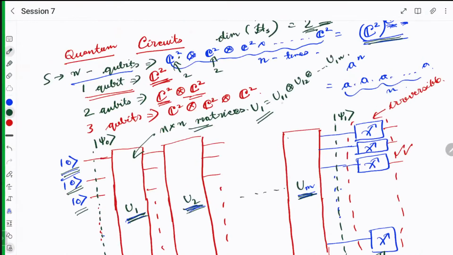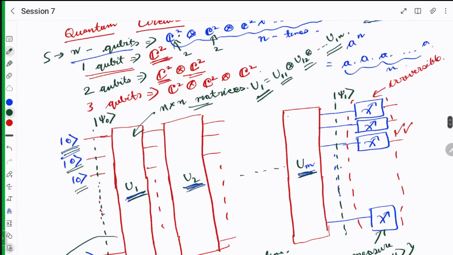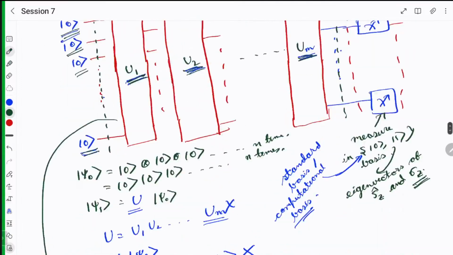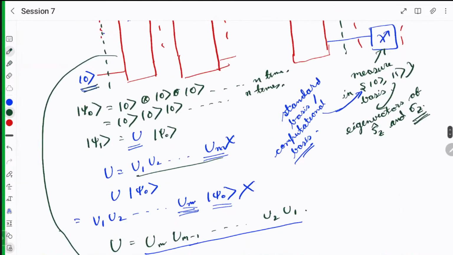So this u1 will be a tensor product. Since u1 is already a tensor product of all this, and u2 is a tensor product of all this, the u that you get after multiplying all these